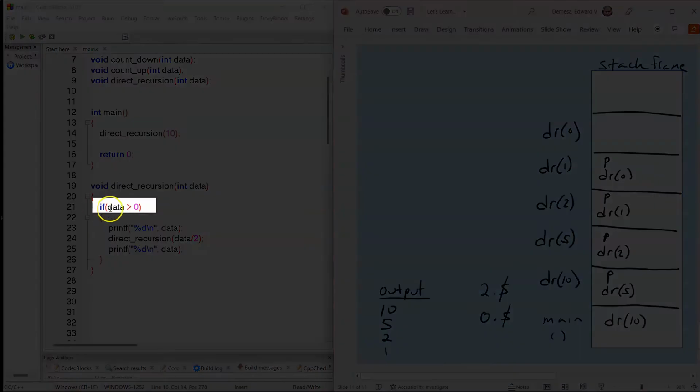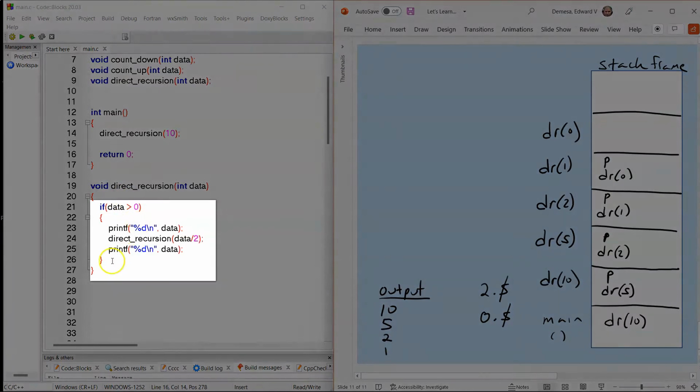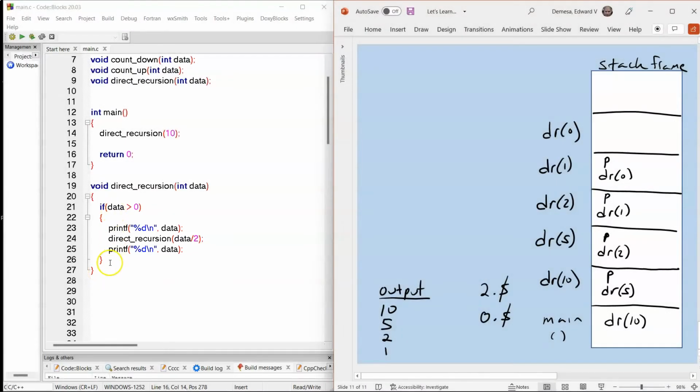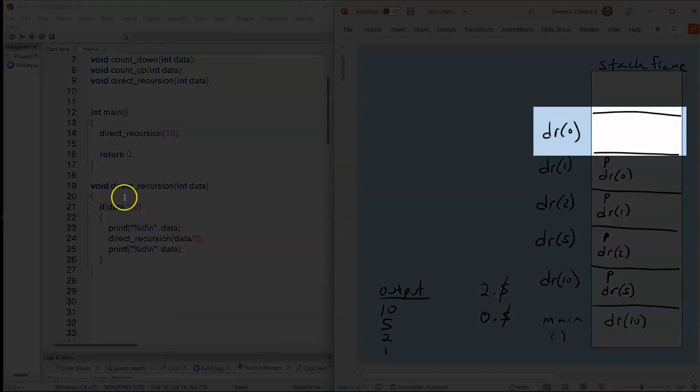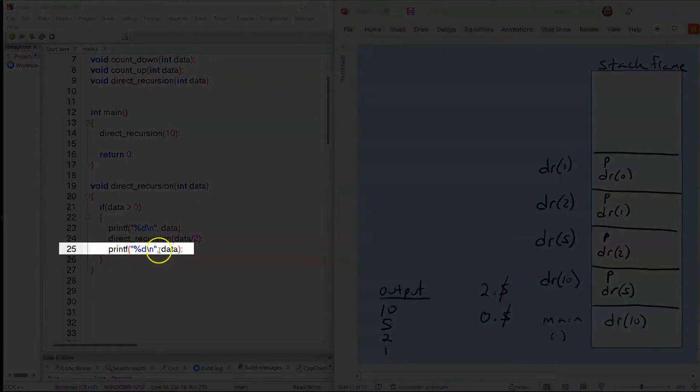And then we go to line 21. Is 0 greater than 0? That condition is false, and so we exit this if statement, and after the if statement there is nothing left in this function, and so this function is completed and is popped off the stack frame, and the control returns back to dr1. When the control is returned back to dr1, we resume on line 25 where we print the